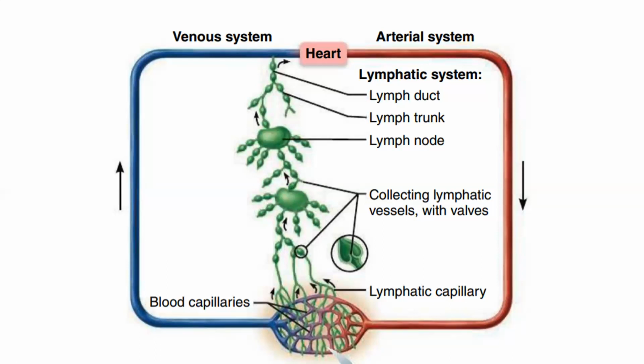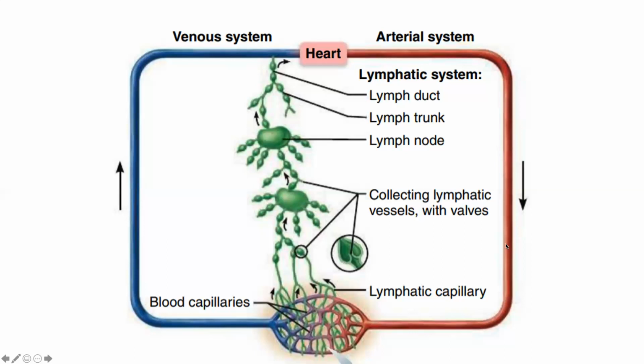And then from the lymph node, they emerge and finally combine together to form the lymph trunk, and the lymph trunks combine together to form the lymphatic duct, and finally we drain into the big venous vessels, which are the largest vessels of the venous system, and finally we drain into the heart, and we return